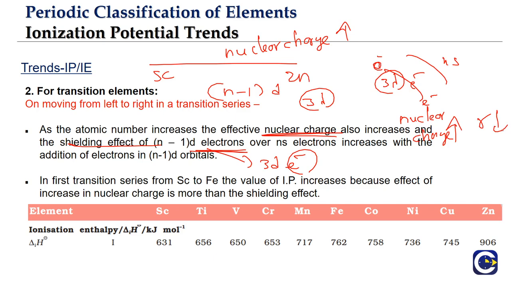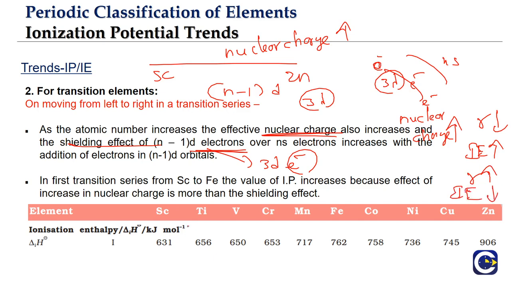As a result, the electrons of the ns level will come close, which means what? It becomes difficult to remove them, right? So what we expect is that the ionization energy or ionization enthalpy should be increasing when the increase in nuclear charge is dominating. When the shielding effect is dominating, what happens? Shielding effect is dominating means what? The outermost ns electrons will not come under that much influence of the nucleus, which means what? Radius will be increasing. In other words, ionization enthalpy must be decreasing.